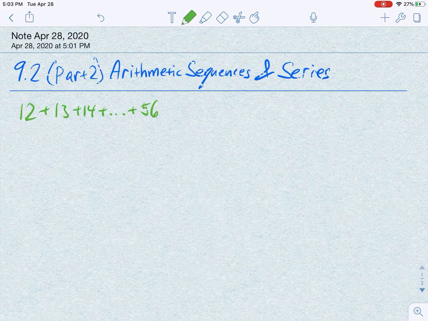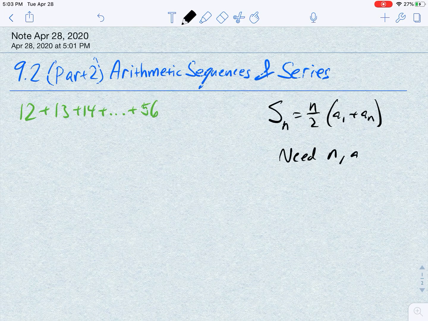Welcome back to Precalculus. We are going to use that formula we just talked about in part 1 to find a sum like this: 12 plus 13 plus 14 all the way up to 56. So to utilize this equation we've been discussing,